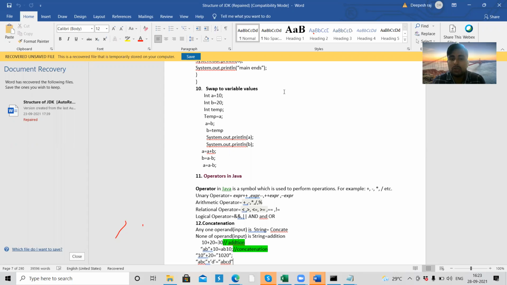These are the two operators we are going to use while writing Java programs. Now there is one more, the unary operator. I have not explained that because we are going to see it in detail, since it is very useful while writing programs. We are going to use it multiple times, so I am going to explain that in detail.